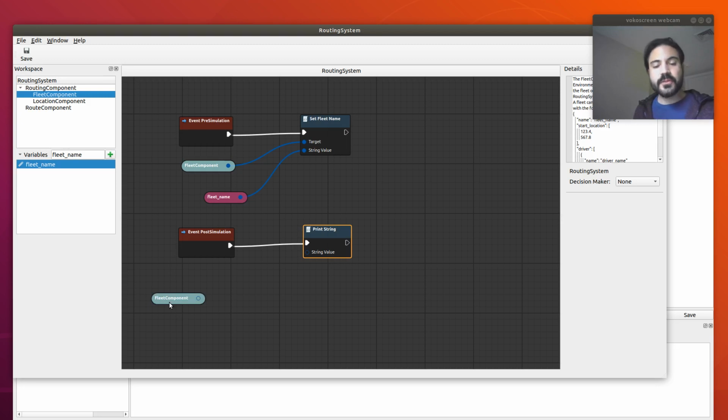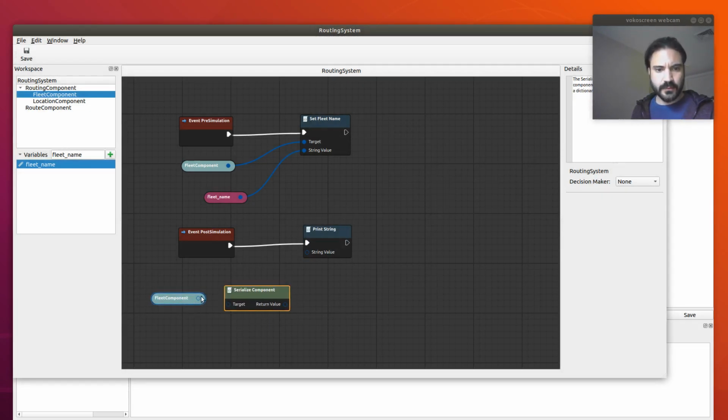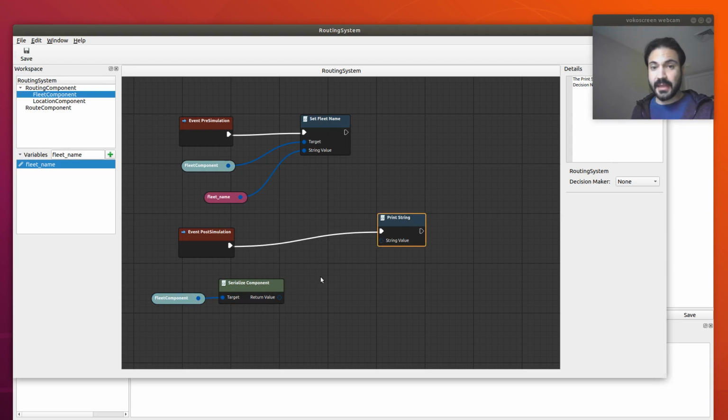We cannot connect directly the fleet component to the string value because fleet is an object, the component actually is an object, and the string value is a string. So to do that, we can use other functions. For example, we can use a serialized component. So we connect the serialized component, and then again we cannot